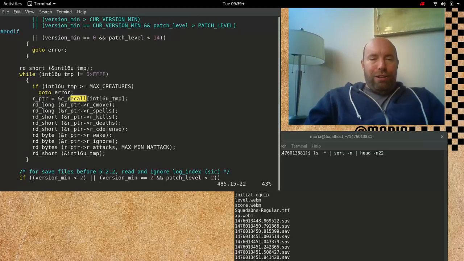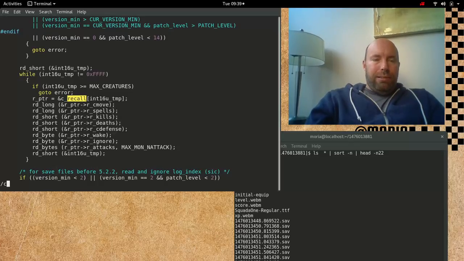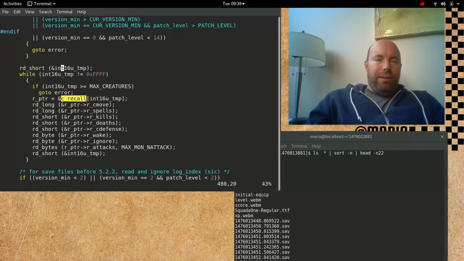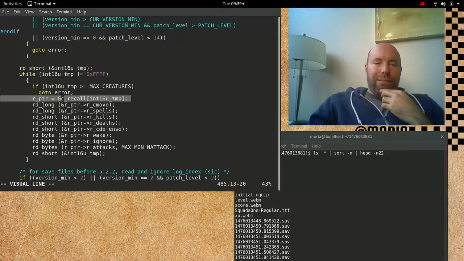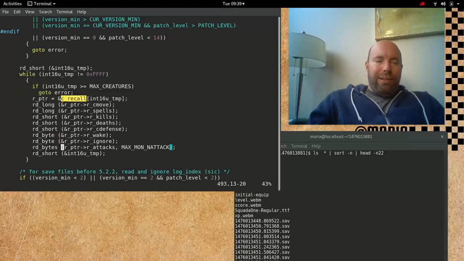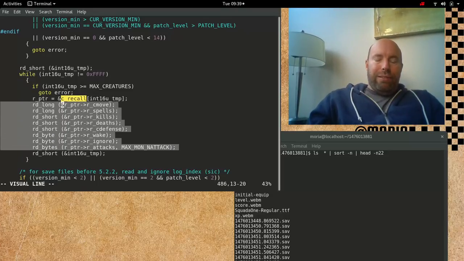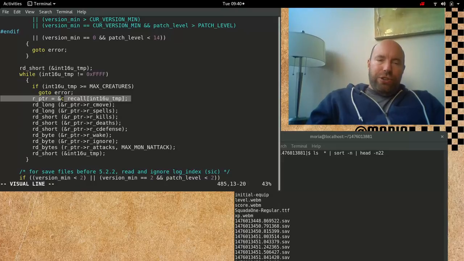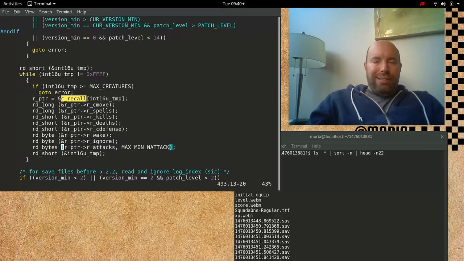And you'll recall that when we read it in here, we read in the index number. Read in the index number of the thing. And then we read in the record of the creature record. Not the creature record, the C recall. This is the index into creature. Or monsters, one or the other, doesn't matter. And this one is